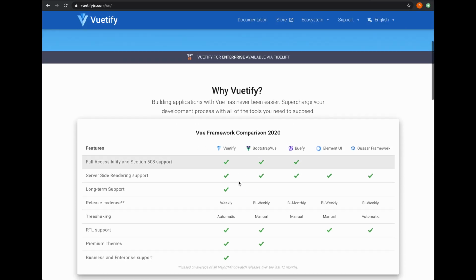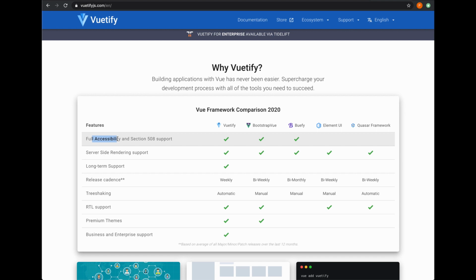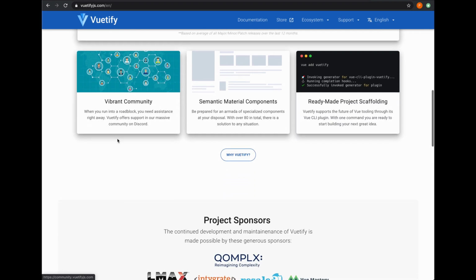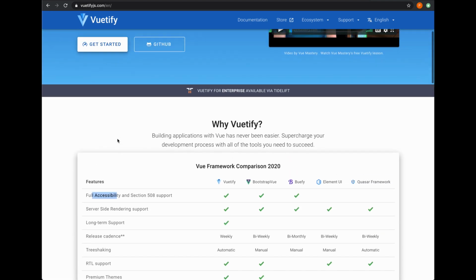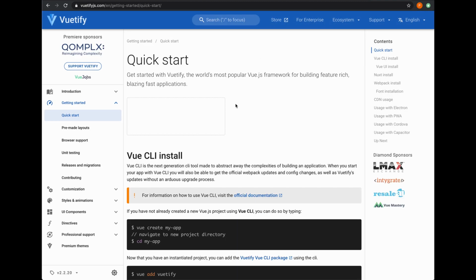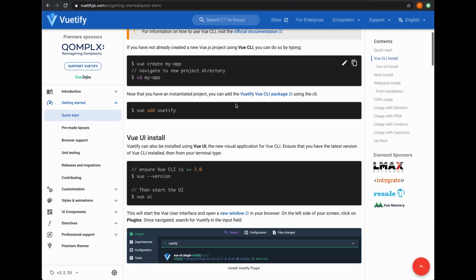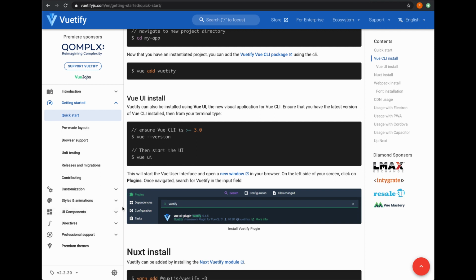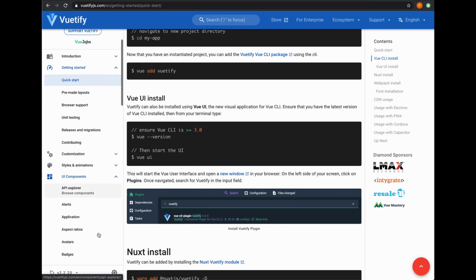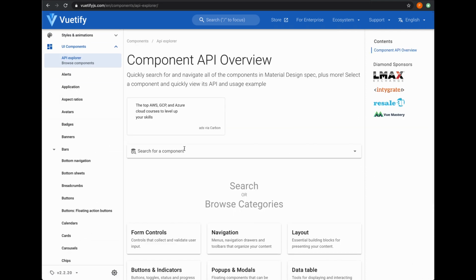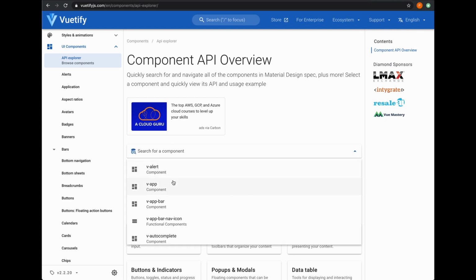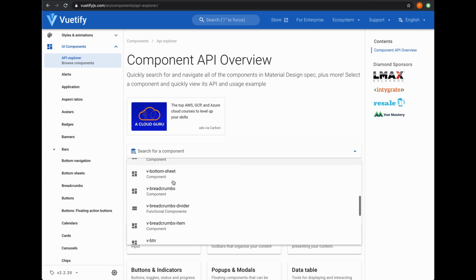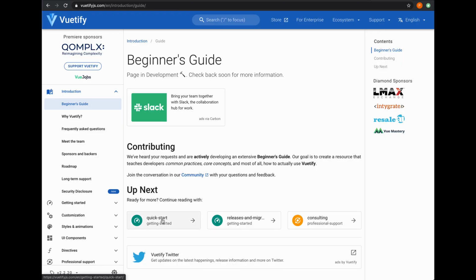Vuetify said that they are lightweight, accessible components, and the collection of components in that seemed to be plenty. I went and saw some initial documentation, and I saw that mostly there were components that started with V, and you had a lot of options: V container, V card, V text, V text field, text area. They seemed to be the whole lot. So that's what I decided to try.